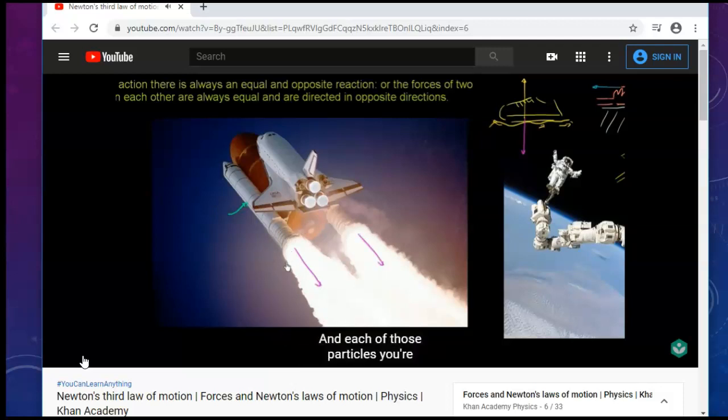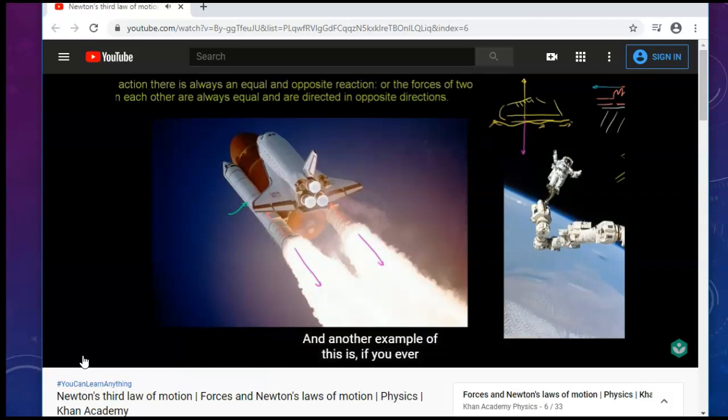And each of those particles, you're exerting a force on them, enough force, even though they're super small mass for each of them, they're going at super high velocity, so they're being accelerated tremendously. So there's an equal and opposite force on the rocket, the thing that is actually expelling the gas. And so that's what allows a rocket to accelerate even when there's nothing in its direct vicinity to push off of. It accelerates a bunch of things at a super fast rate. It exerts a force on all these particles, and that allows an equal and opposite force to accelerate the rocket